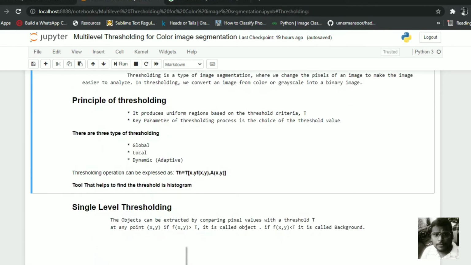There are three types of thresholding: global, local, and dynamic, which is also known as adaptive thresholding. The first is global. If the thresholding operation depends only on the grayscale value, it is known as global thresholding.